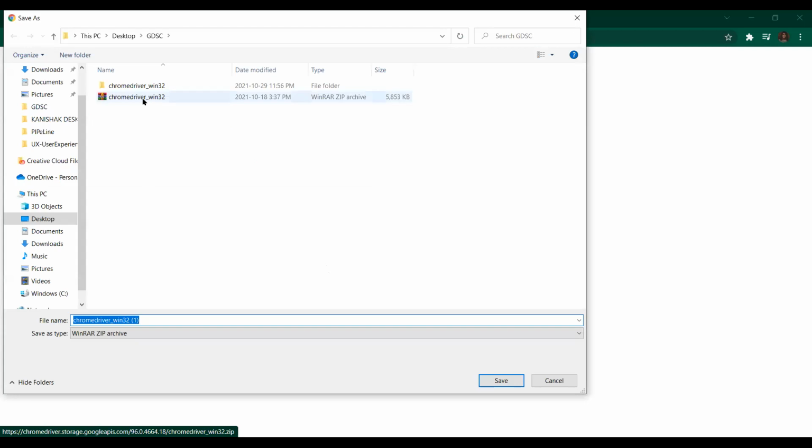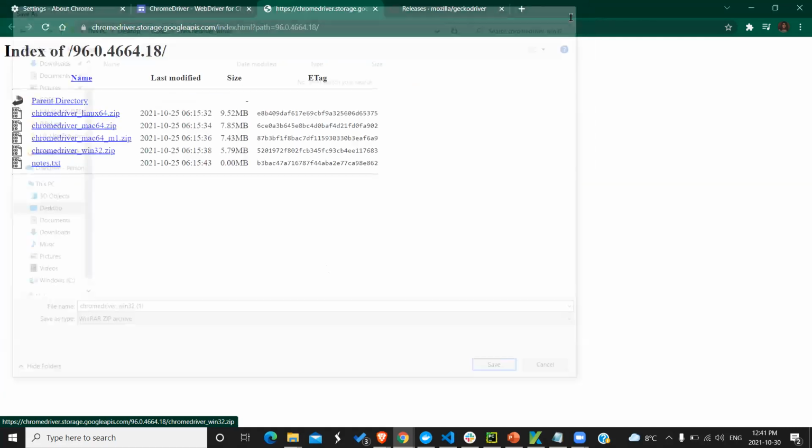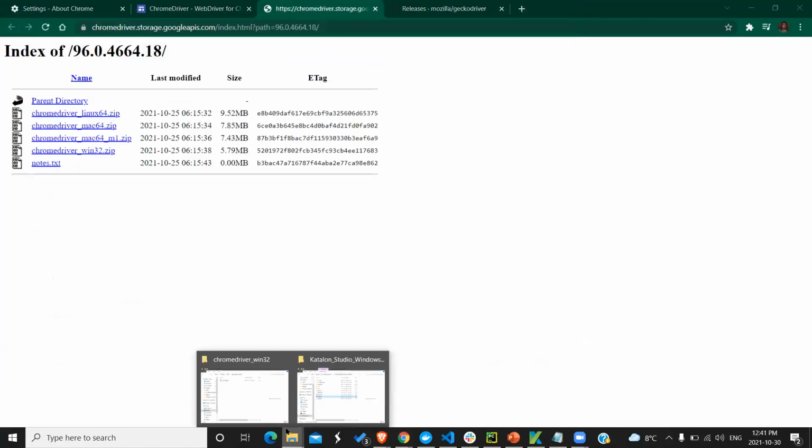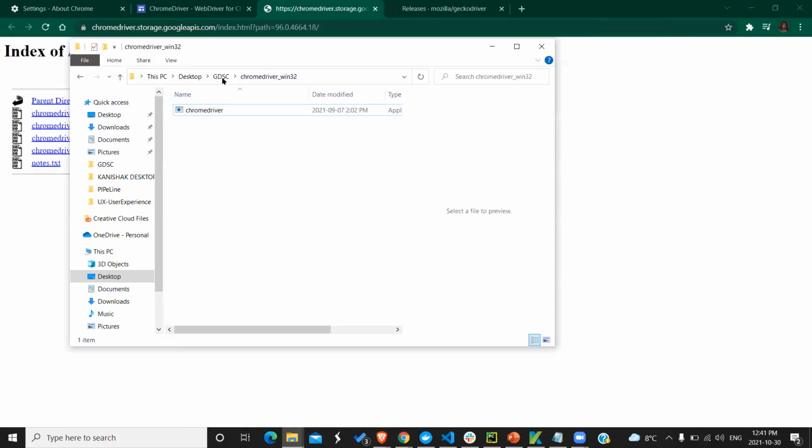Here you can see I already have the zip file for the Chrome driver. All I need to do is unzip it, and when you unzip it, you will have the exe file in it.